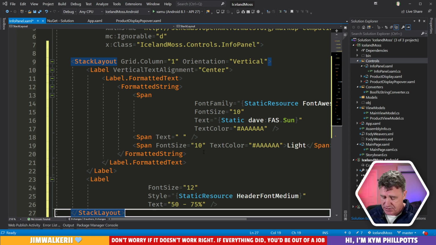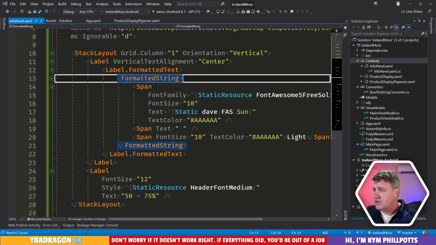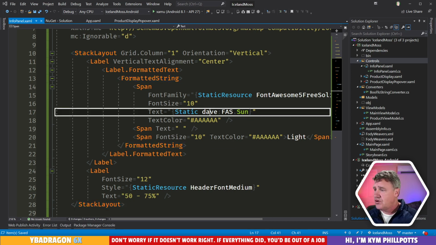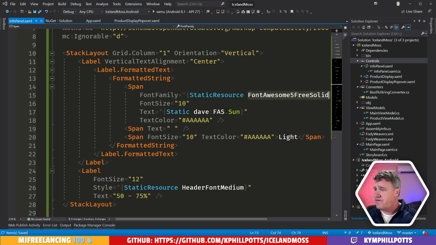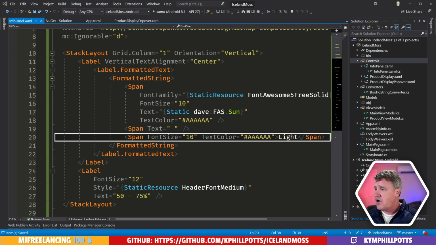So here's a tool that I like to use, which is XAML Styler. When you do something like this and it just appears all over the place, XAML Styler will clean it all up for you when you save, which is nice. All right, and so here we have that stack layout, which is vertical. We've got a font awesome font. All right, so I think what we want to do here